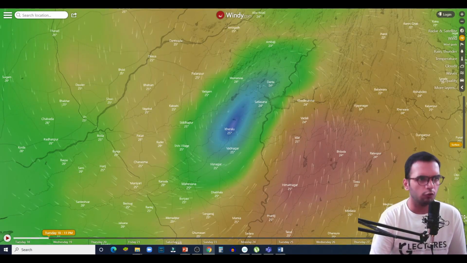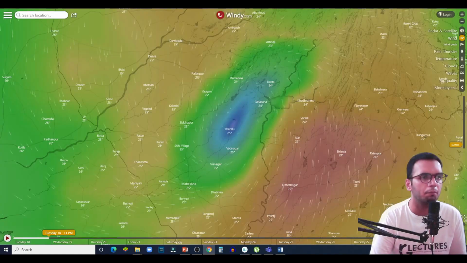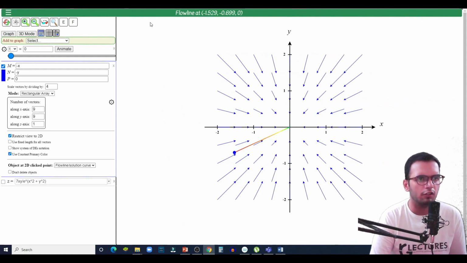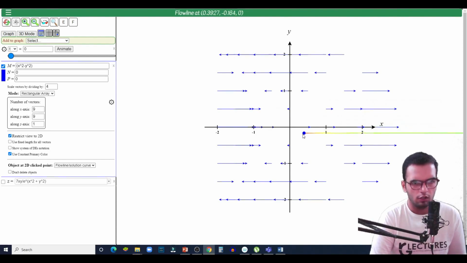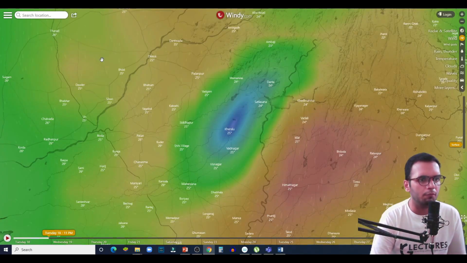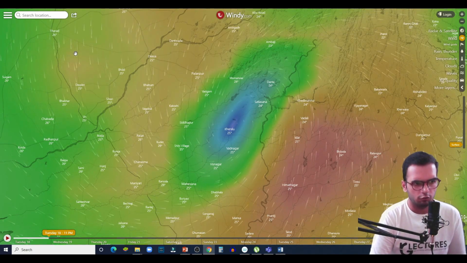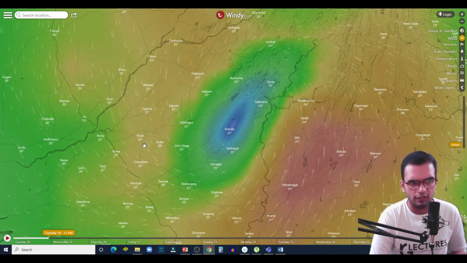So in this way, we study this cyclone model, this mathematical model, and then we apply it to real life. For example, these are my other vector fields. If you want to calculate the flow of wind, like in what direction the wind will flow, this is the concept of flow line. Since my vector field is changing, my direction of wind is also changing. So these are the flow lines. In the same way, I can calculate the flow. If this is the way my wind is coming, then by the concept of flow line, I can say at what point the wind will proceed in the coming time.